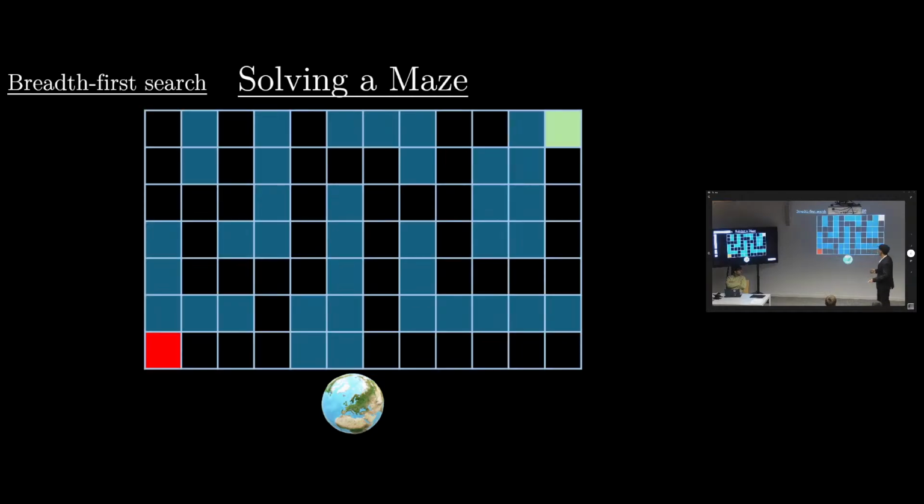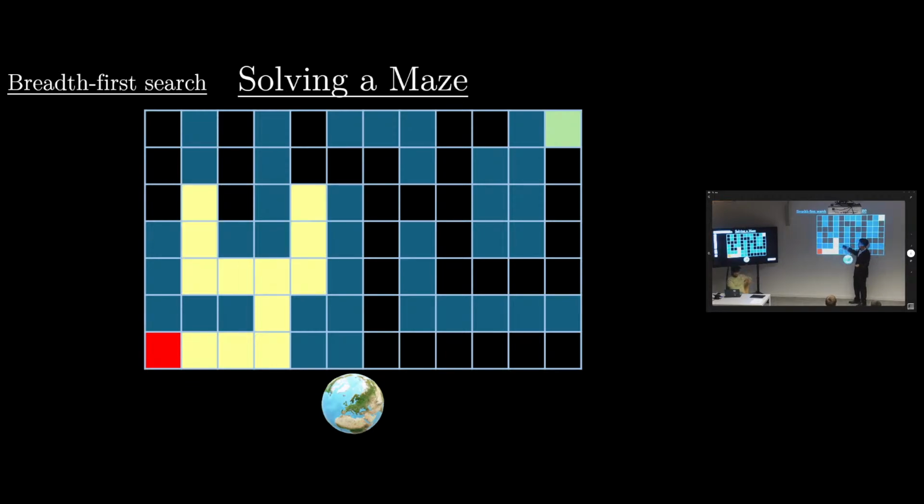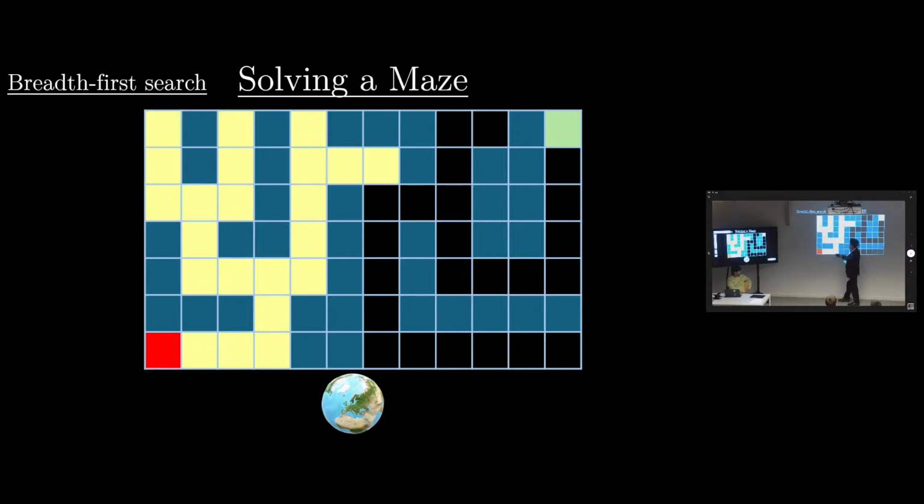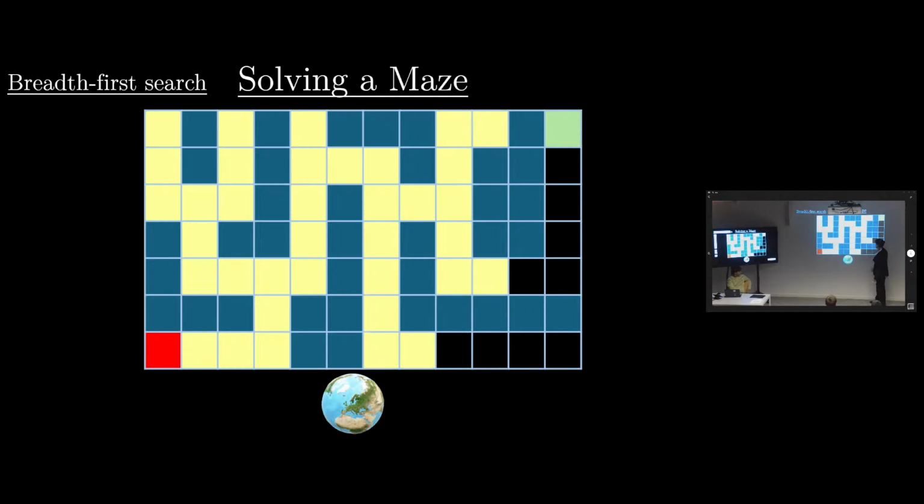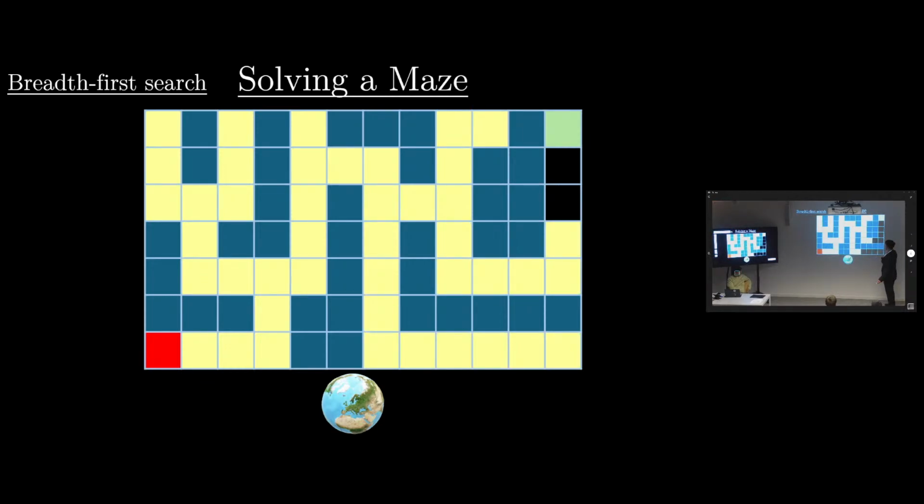So for example, if we come back to our previous method, and let's try to execute breadth first search again. So first, we come to the first fork, and then instead of going left or right, it's going to go in the same manner in both directions. Then here it finds a new fork, and then goes in the same manner in both directions, and then it fills all the possible cases, and then reaches the next fork, then goes the same manner in both directions, and then reaches a new fork, and then goes in the same manner in both directions, and then there's no fork anymore, that continues until it reaches the end.